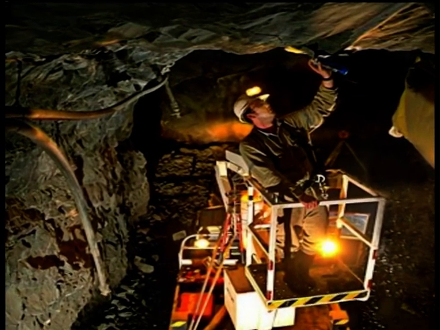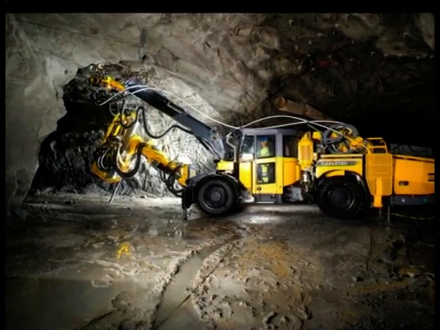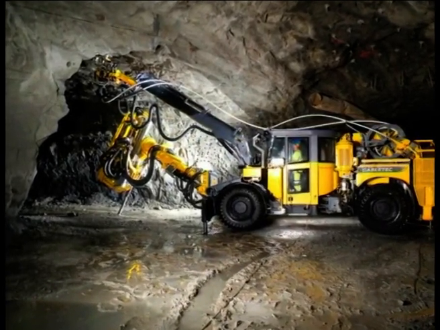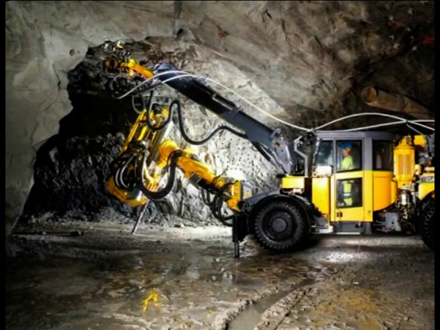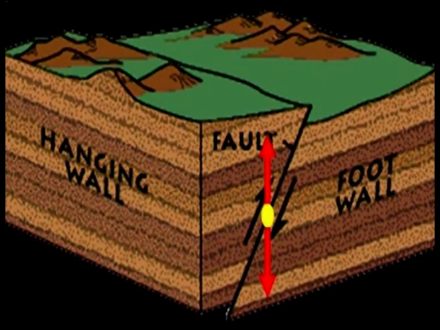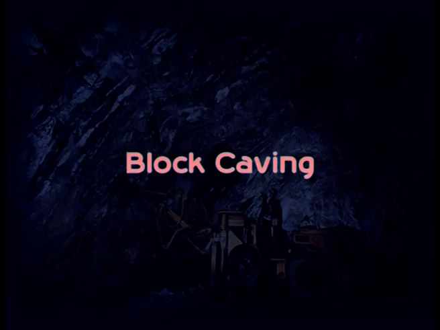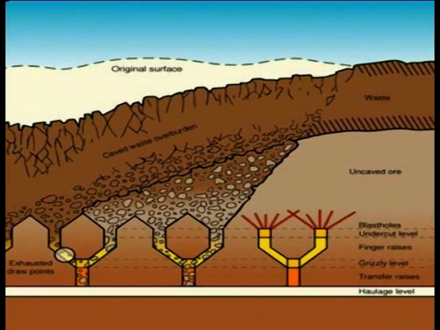When each slice is completed, the roof is allowed to cave in before the adjacent slice is taken up. Mining is started from the hanging and foot walls, and the last slice to be removed is near the raise. Second, block caving. Block caving is the ultimate development in the caving methods of mining.